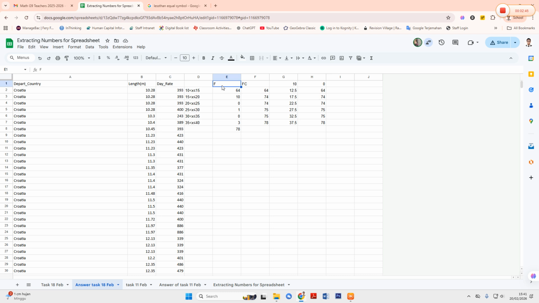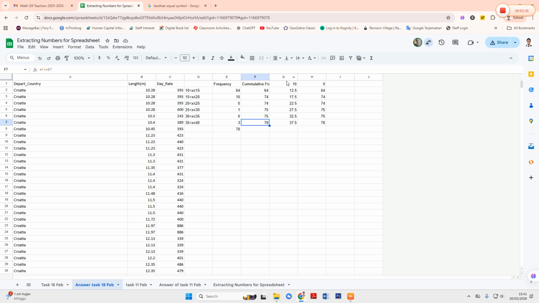Now this is frequency. I give the symbol here as frequency. Here is cumulative frequency. For the cumulative frequency we got 64 here, and this one is equal to the top. I will delete first. Before, it's empty here. This equals the top added with the left side, 10 here, 74, and then we can drop down this one until the last class interval. So the total is the same, 78 and 78.